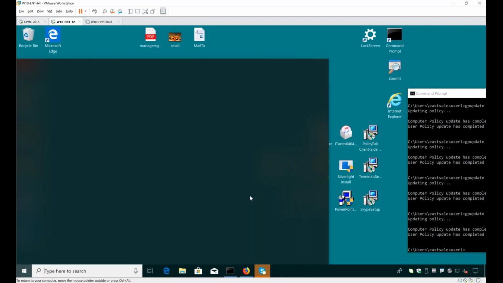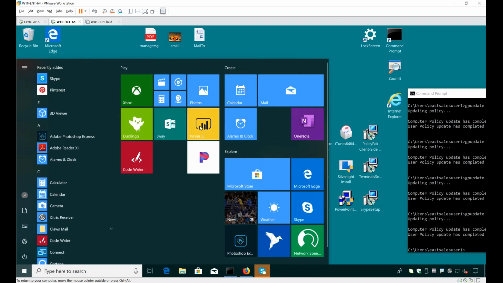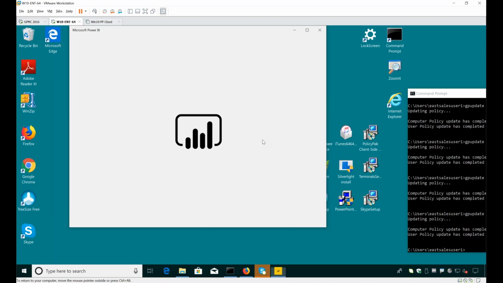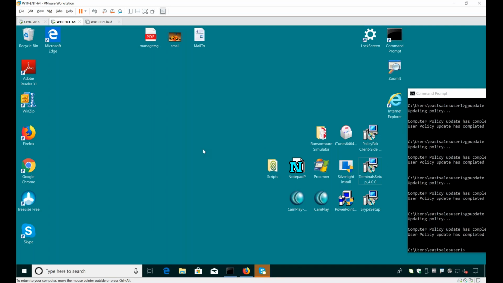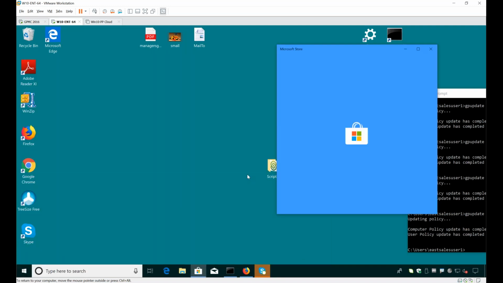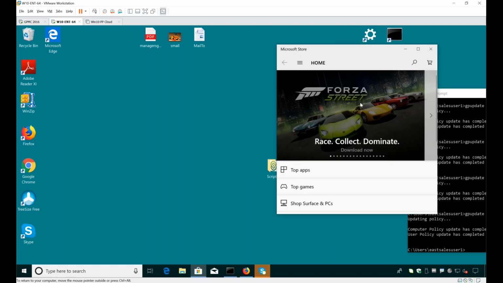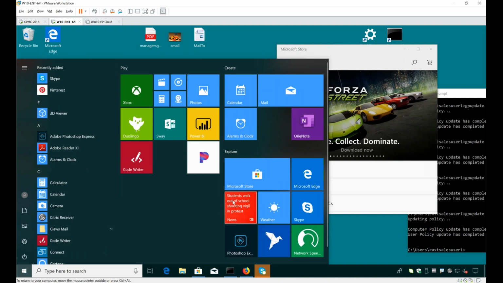If we try to click on something like Power BI, what happens there? Oh, that's blocked. Well, we did say two things were valid. We did say that the Windows Store is valid. That's cool. So now we can download stuff from Adobe. And if we try to download other things like this race car game or anything else, that's not going to work. It'll let you download, but it won't let you install. It won't let you perform the actual operation.